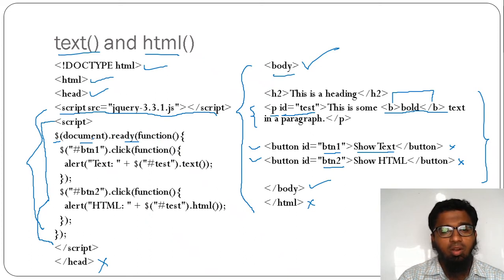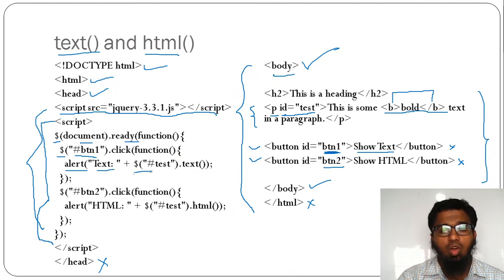So what is the dollar? Document ready function. And what is the next one? Dollar, I am giving the selector, I am selecting which? The ID button. ID is represented as hash. Hash btn1 dot click function. Whenever I click button 1, what should be performed? It should display alert text